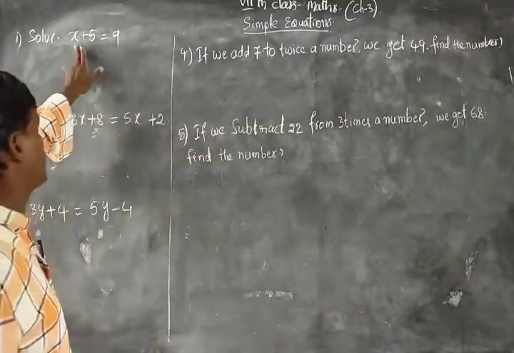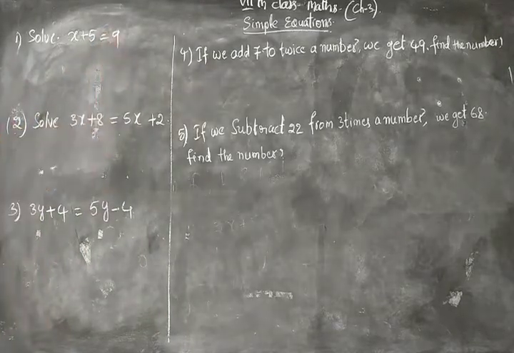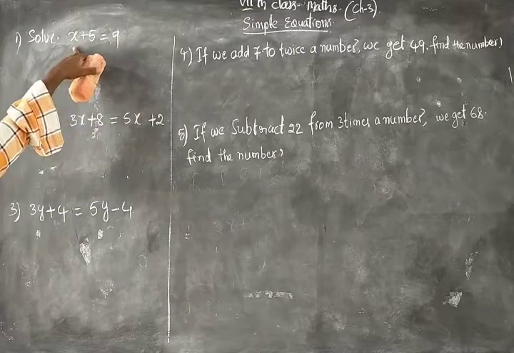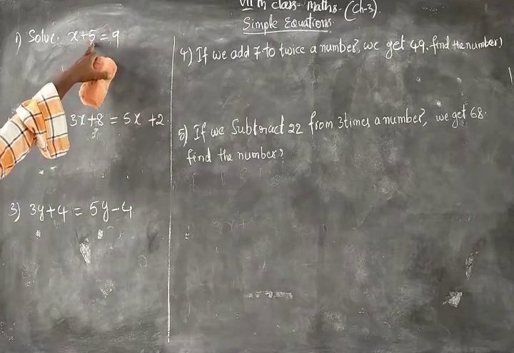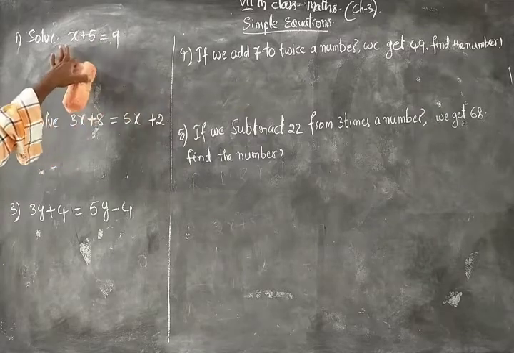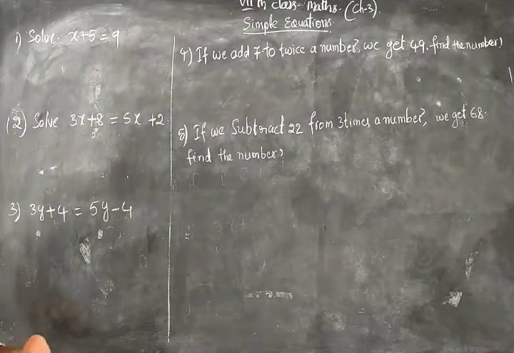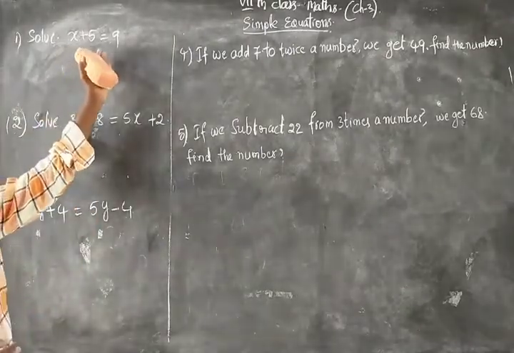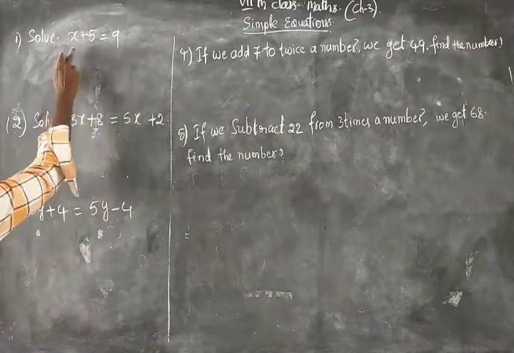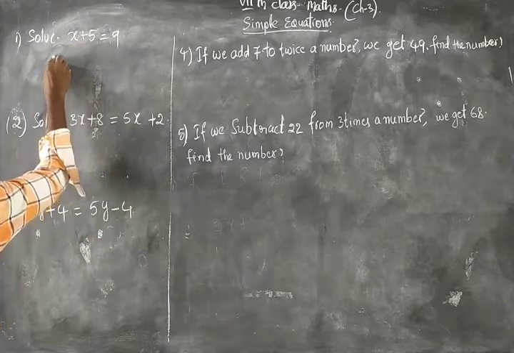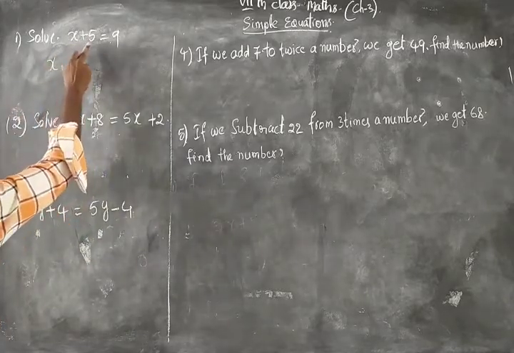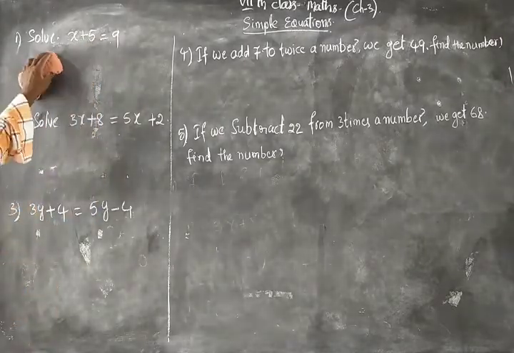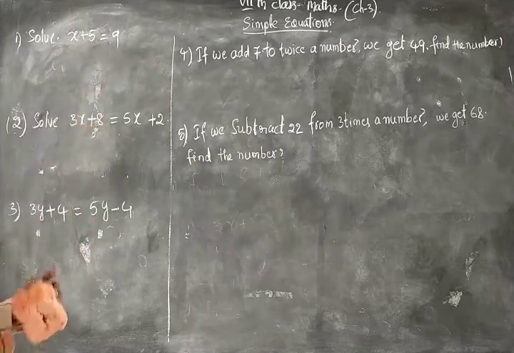First one, it was given that x plus 5 equal to 9. We have to find x, and we know the constant values 5 and 9. Then how would you find that? Actually x is a variable, we don't know that value. By using this equation, we have to find it. In the LHS, 5 has a positive sign. When you add minus 5 on both sides, we will get the value.